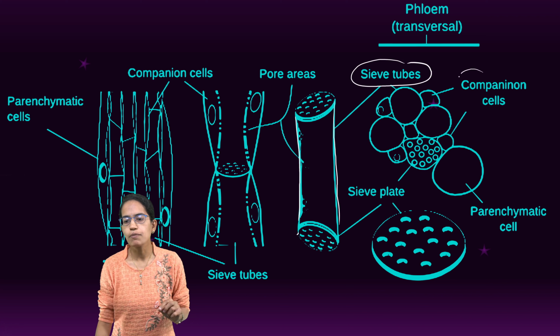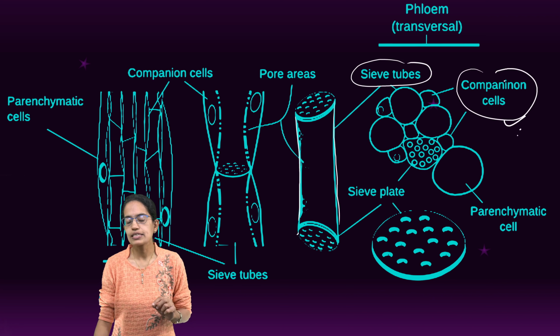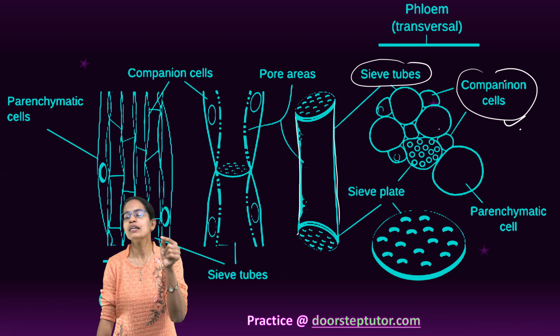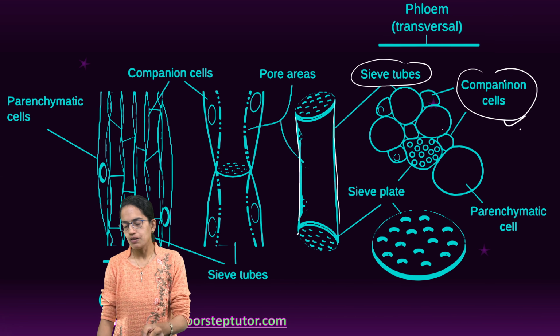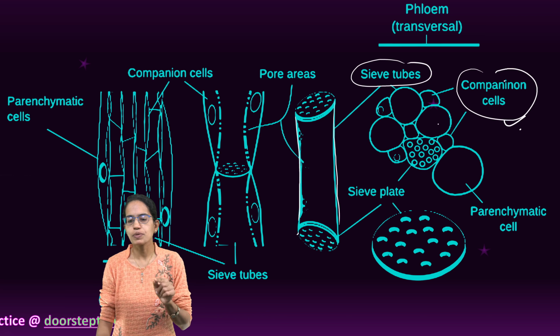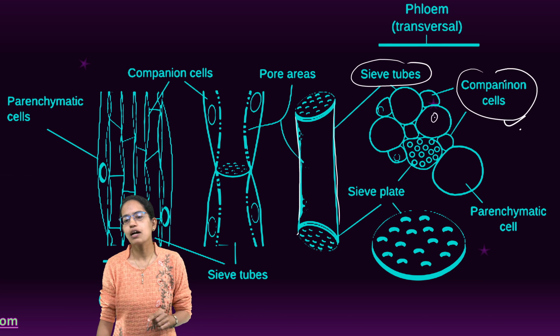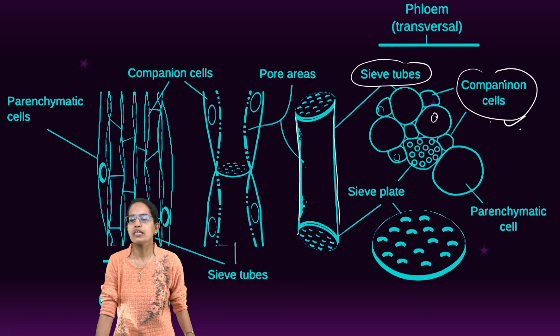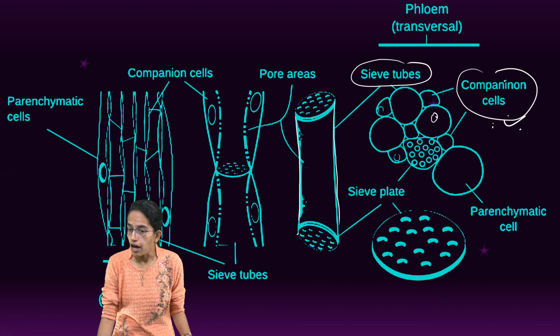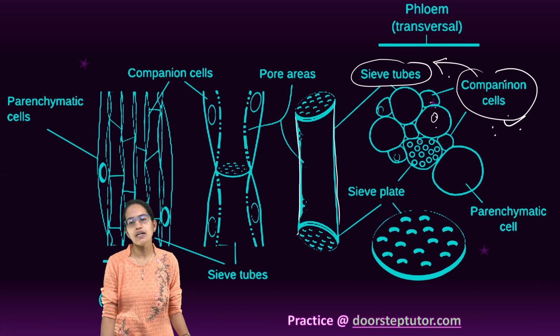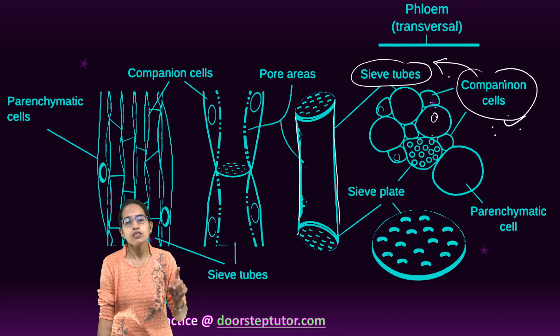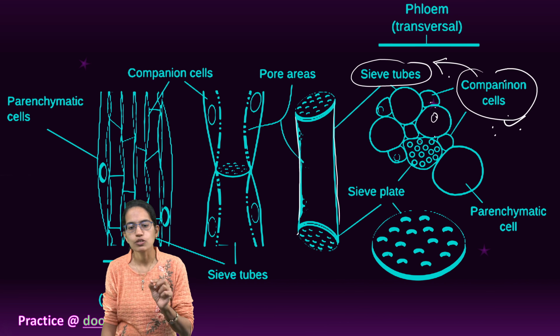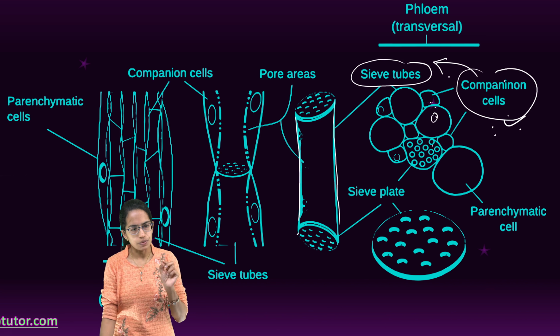Now, then comes the companion cells. Companion cells are again one which have very thin wall, as you can see in the diagram, but from the shape we can understand they are parenchymatous. That means they help in storage. The cytoplasm here is very, very dense and there is a prominent nucleus that can be seen in the case of companion cells. Now, companion cells are associated with sieve tubes, and they help in the conduction by means of plasmodesmata. So the process of conduction of the food through companion cells becomes important.